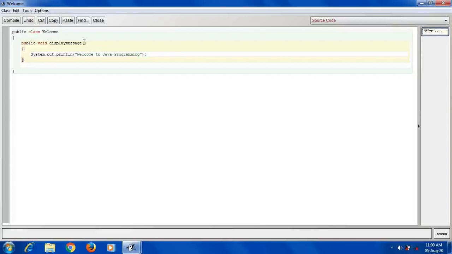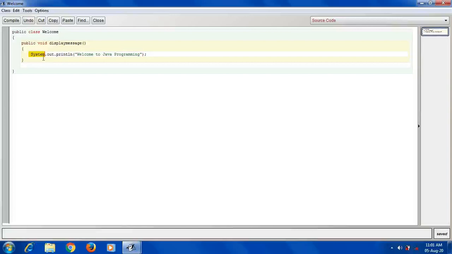So here these two empty round brackets indicate a method. Okay. Next, here again a curly bracket is open, so this curly bracket indicates the opening of this method, the opening of this block. Next, system.out.println. So system is a class name. Okay, system is a class name. So now where is this class? This is an inbuilt class. Inbuilt in the sense Java developers have written it and given it for the user. The user has to write only system. So what the definition is and all, we need not worry.